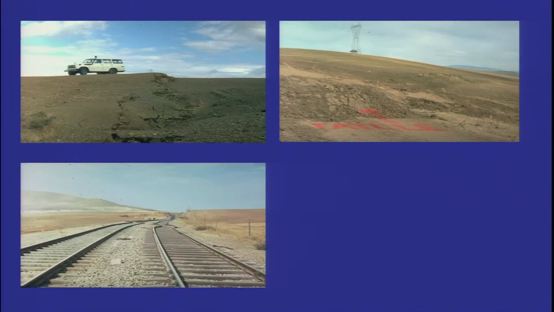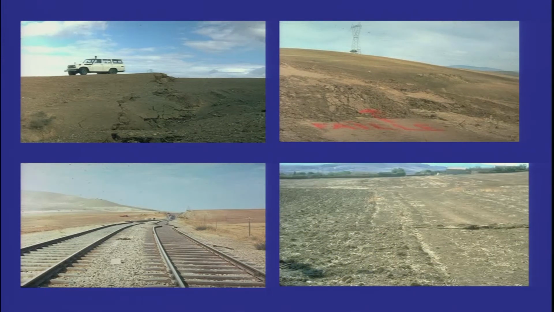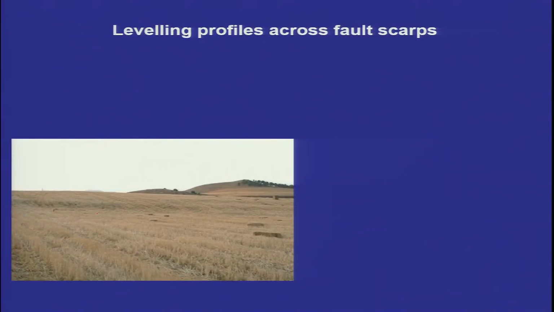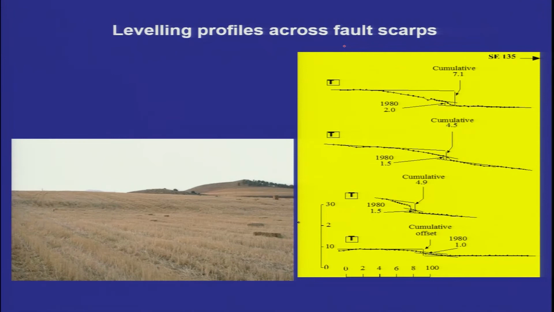Then along with that, what they were able to pick up was some oblique movement which shows the strike slip. So lateral movement was also picked up along the fault. This shows the boundary here which is shifted along this fault line, and then the scarp here. So with leveling profiling across the scarp, they measured the displacement of the surface at various locations, and 2 meters of displacement was experienced in